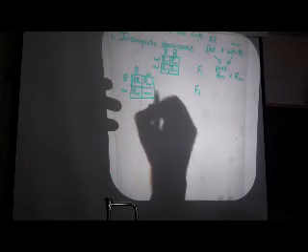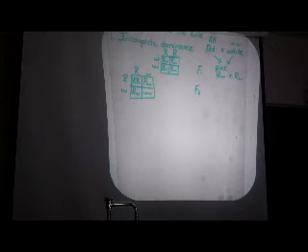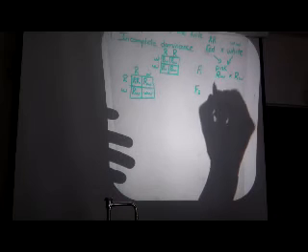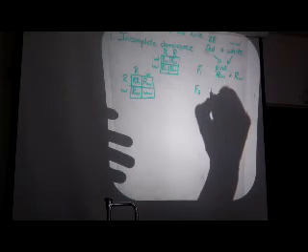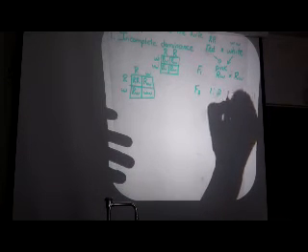The red and white came back. What percentage of the offspring will be red? 25%. What percentage will be white? 25%. What percentage will be pink? 50%. So you get basically a 1 to 2 to 1 phenotypic ratio